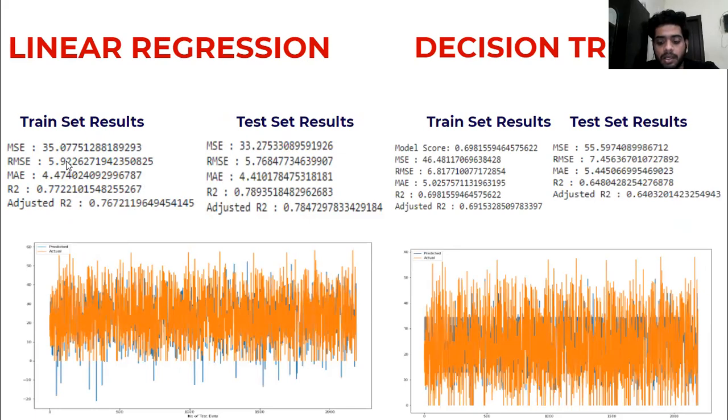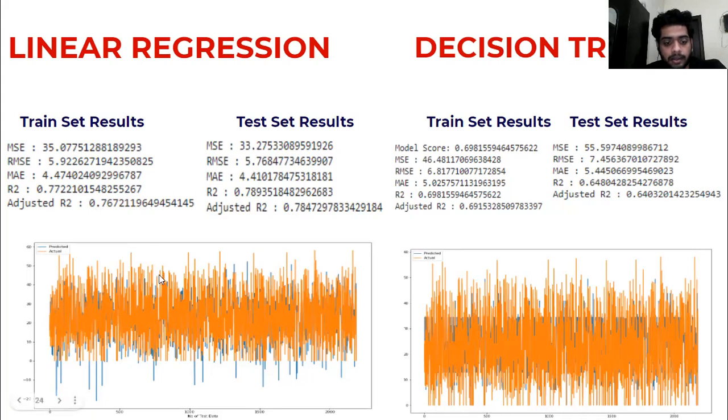After we normalize the y variable, that is our target column rented bike count, we can say that the R square in the train set is 0.77 and in the test set it is 0.78. So that's not so bad, not so good.